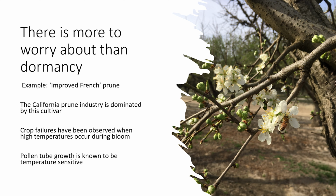There are other things to worry about other than just dormancy. So I'm going to use improved French as an example because it's kind of a bloom. It requires very specific temperatures during bloom. If you're not familiar with the California prune industry, it's basically dominated by one cultivar, and that's improved French. And in the past,